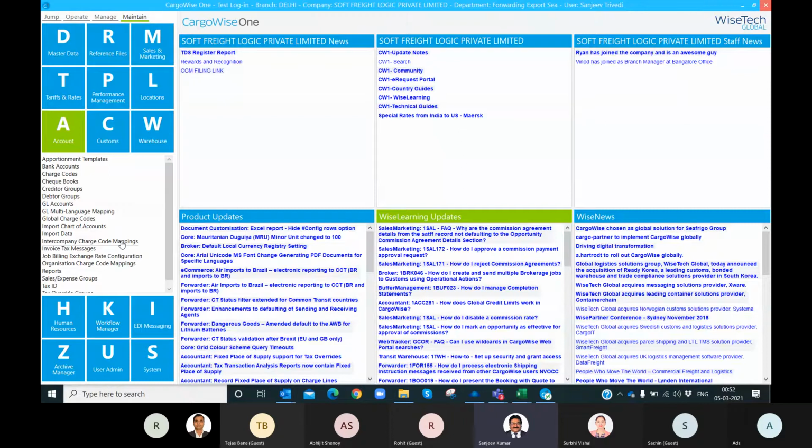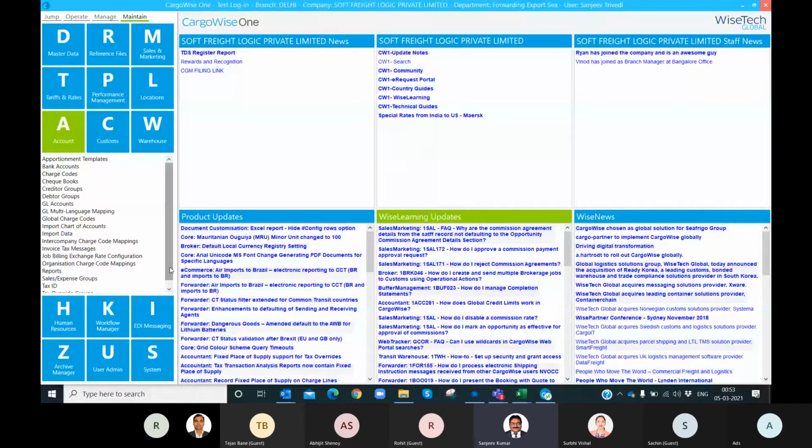So are those scenarios there in your login companies or not? Yes, there will definitely be these scenarios. Then we'll have to use these kinds of intercompany charge code mappings, or if a global charge code is actually created and it has to be used globally, then we can do postings that way.